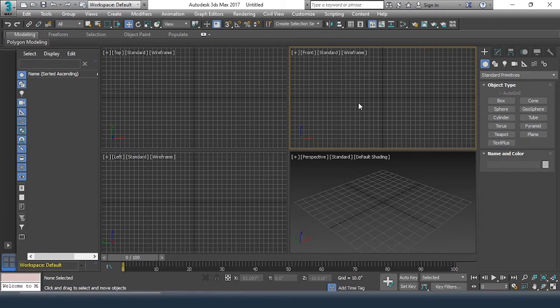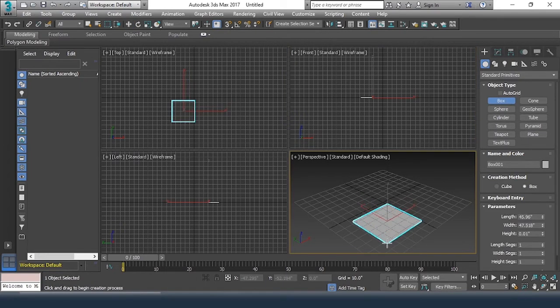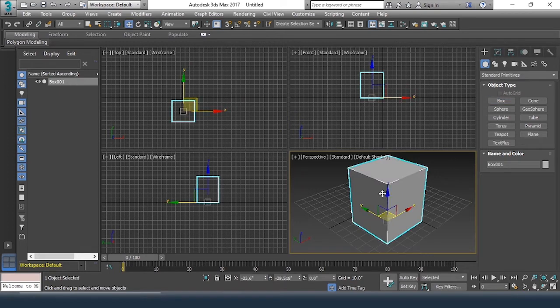Fine. So for an example, if I take a box, and this box is made in a 3D world, so definitely it has some axis, the way we have x, y and z axis, correct? In a similar way, if I want to apply any texture over this object, then I require a UVW map on this.